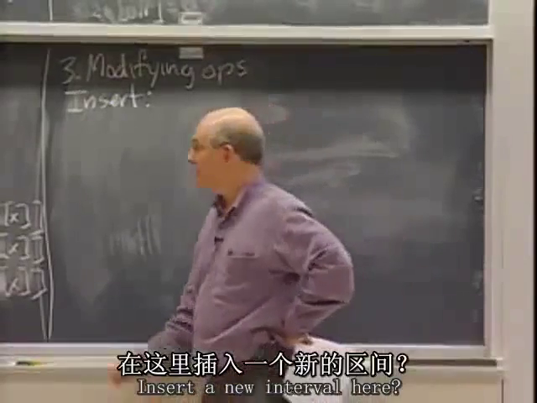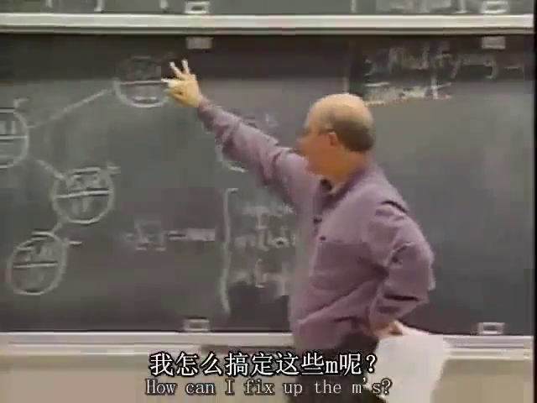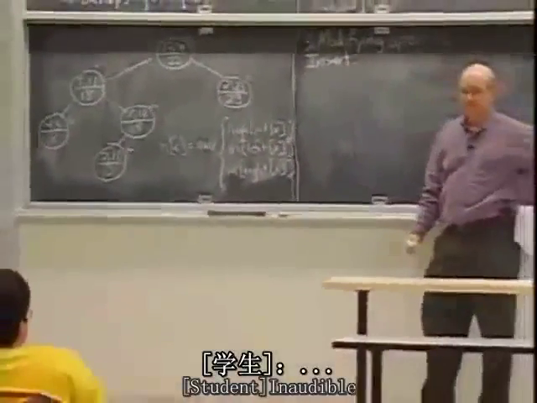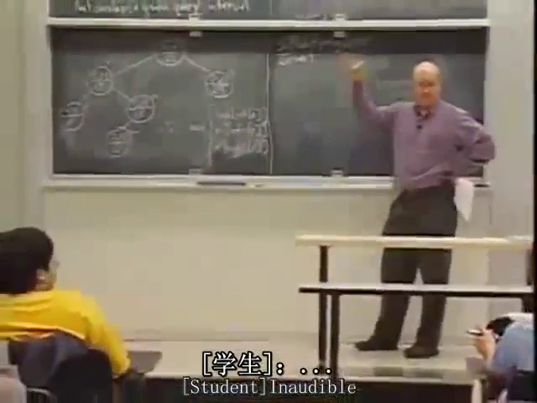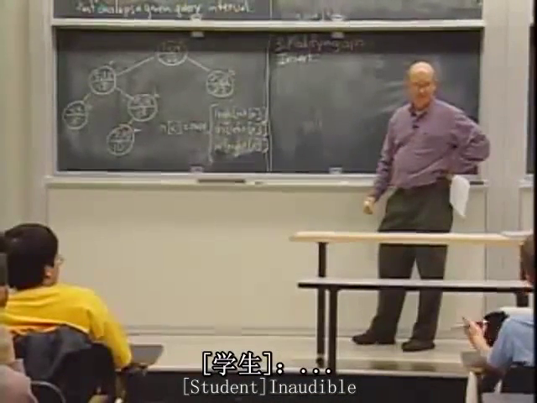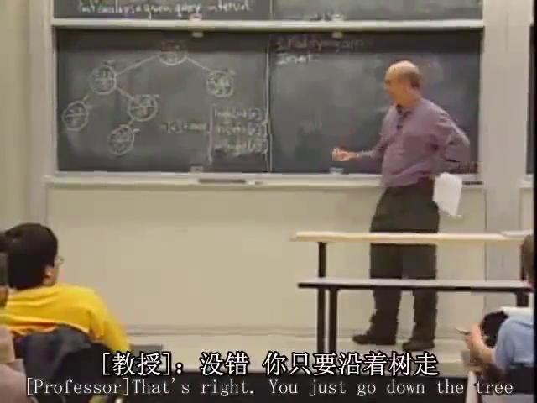Insert a new interval in here. How can I fix up the m's? As you go down, you just check to see if the max of the interval you have is greater than the current max. You change it up. That's right. You just go down the